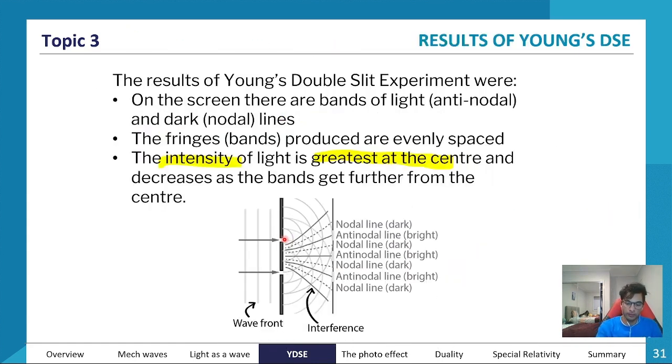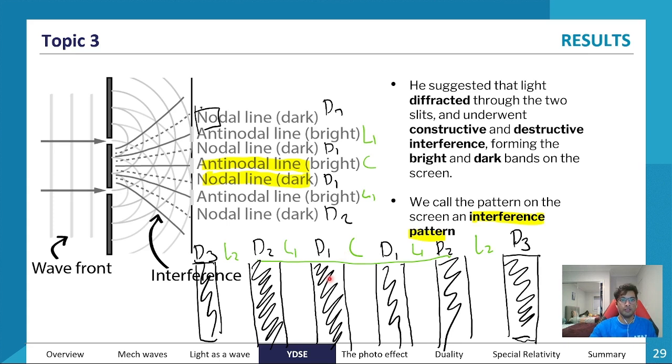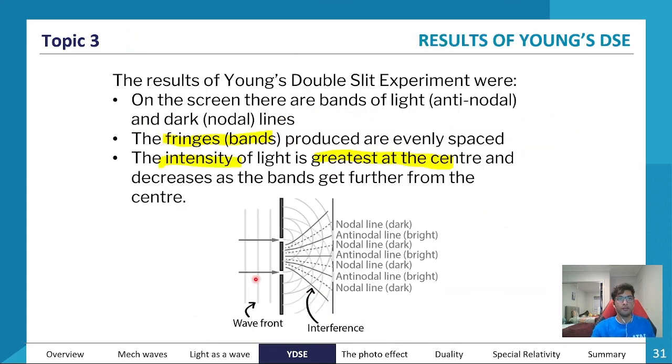The second thing he found was that the fringes, or fringe is another word for bands, so this is one fringe, this is another fringe, this is another fringe, were equally spread out. And what he found,